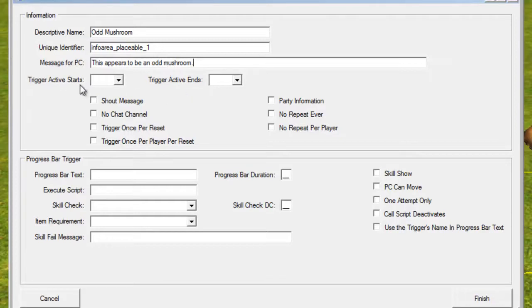Again, like the other trigger, we can do a start time and an end time so that this information only appears when the player is within this time. And again, these checkboxes work the exact same way as the other ones. So I'm going to leave those blank. The progress bar trigger, I'm going to get into that in the next little bit. Just for now, I want to demonstrate how clicking on a placeable is able to